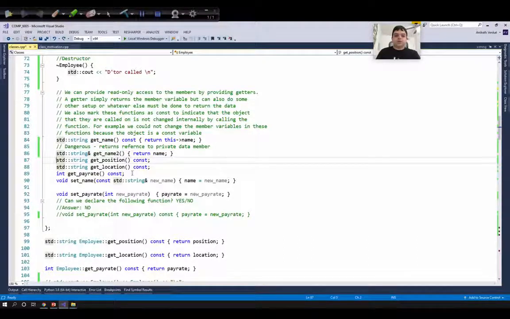Next, let's look at how to declare a member function within the class and define it outside the class. The syntax is: we are declaring a function called get_position in line 87. Its return type is string and it's a constant member function. Now to define this